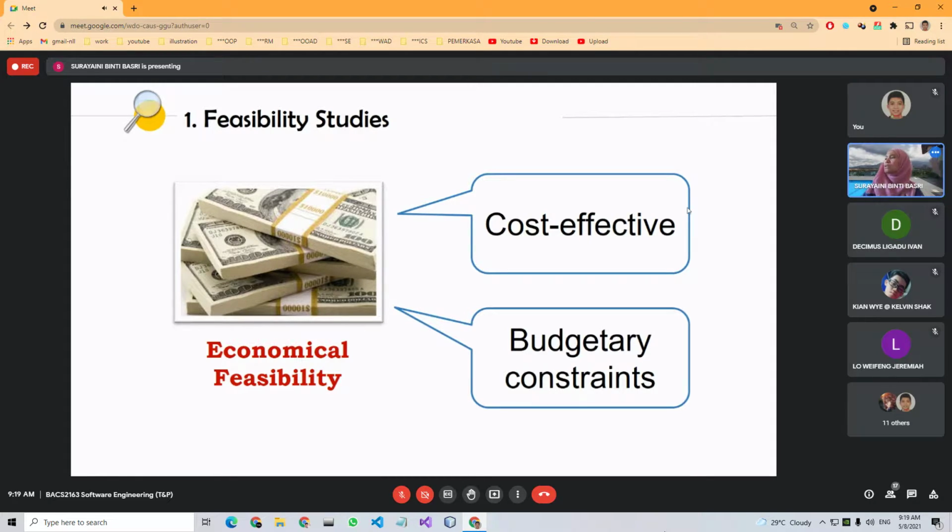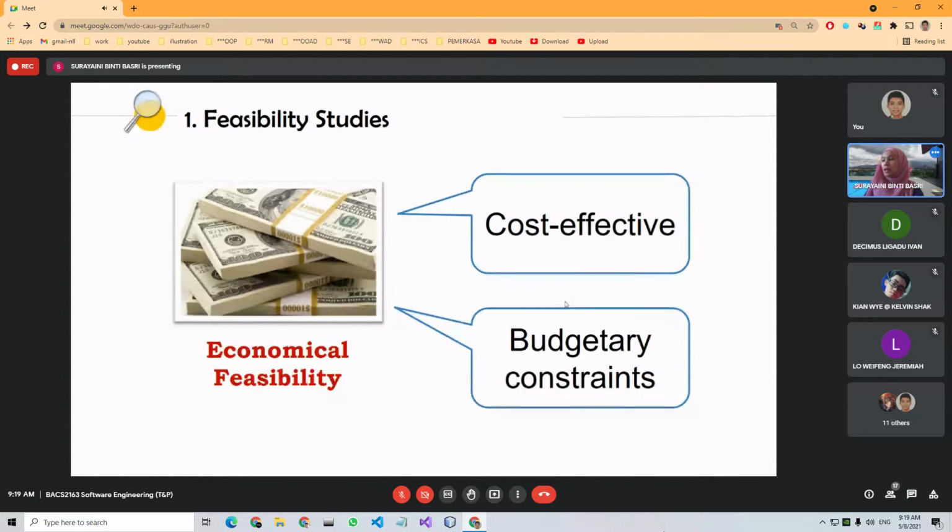Not just blindly getting any software, or blindly agreeing to any software without considering the cost constraint, because you will be wasting your time, you will lose a lot